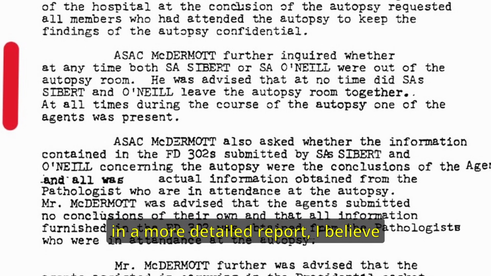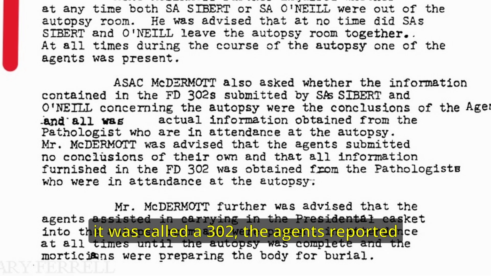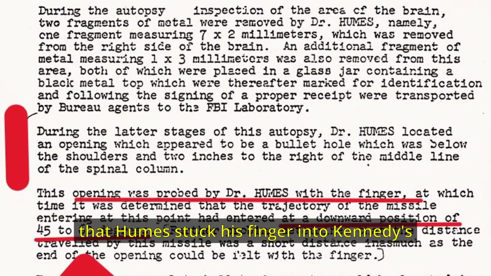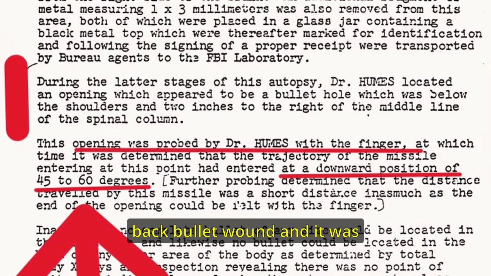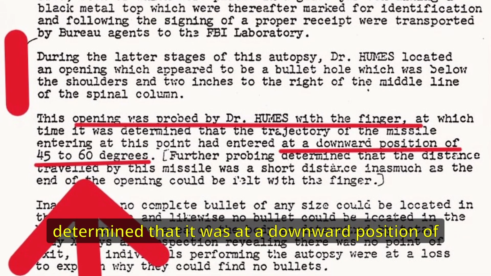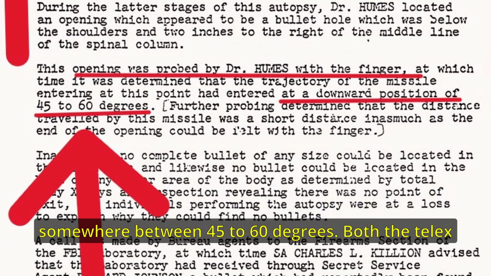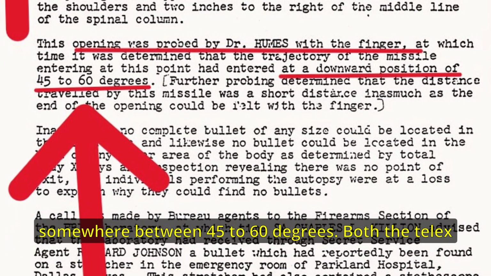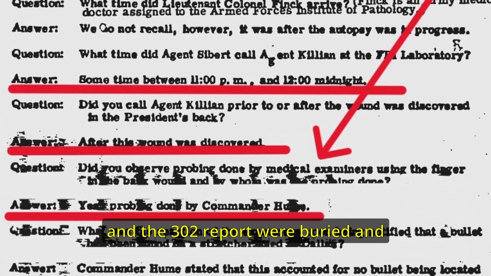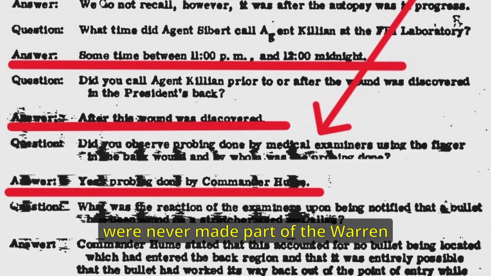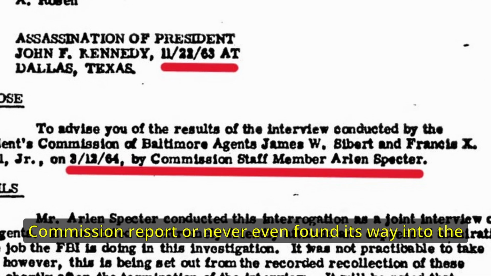Later on, in a more detailed report, I believe it was called a 302, the agents reported that Humes stuck his finger into Kennedy's back bullet wound, and it was determined that it was at a downward position of somewhere between 45 to 60 degrees. Both the telex and the 302 report were buried and were never made part of the Warren Commission report or never even found their way into the 26